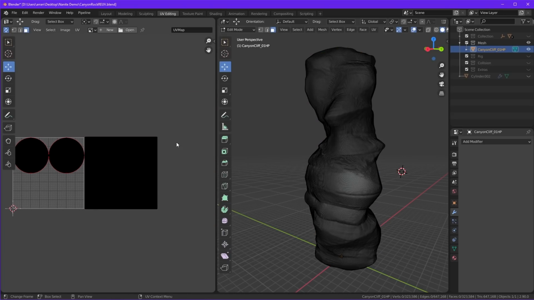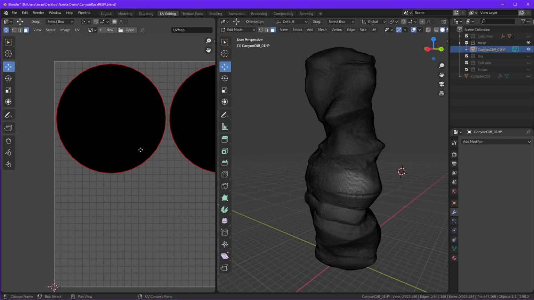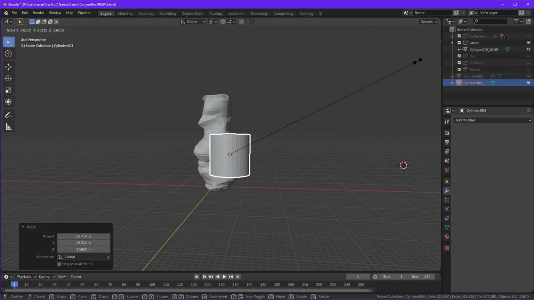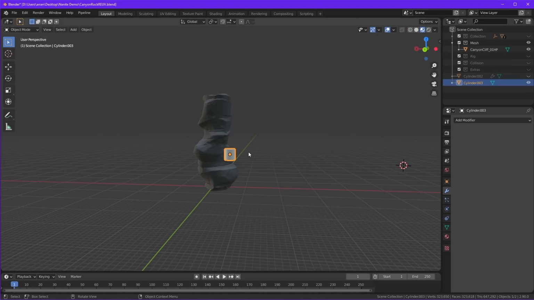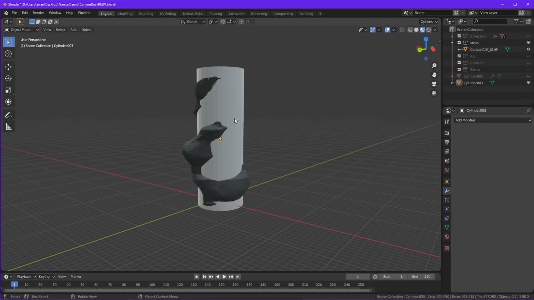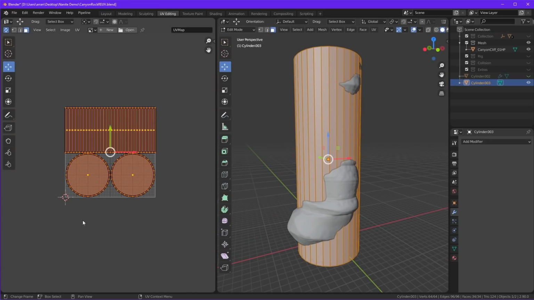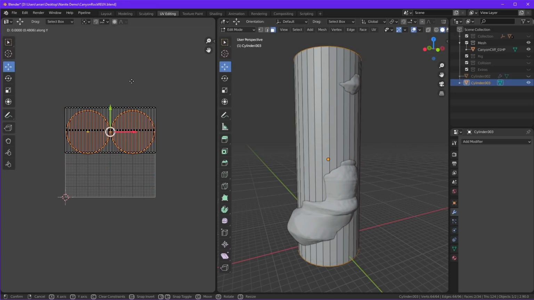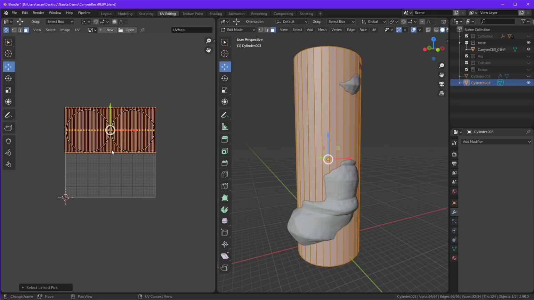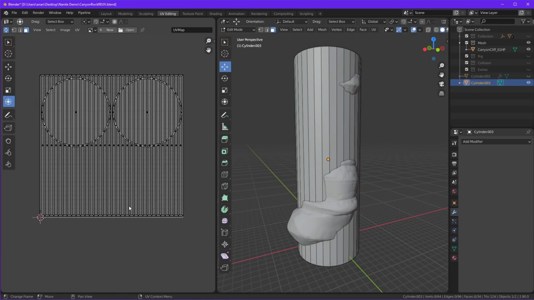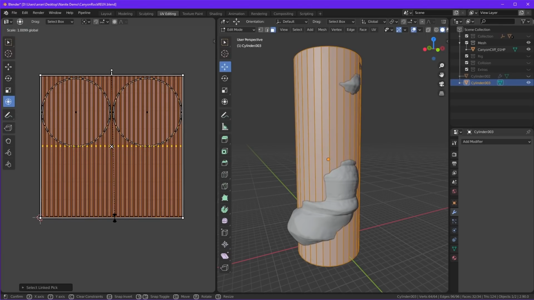So here you can see the side paneling and then the top and bottom of each of these cylindrical tops. The really useful thing about doing this is that we can just start off with these simple base shapes, like this one over here, and then we can modify this unwrap however we want. So in this instance, I had these up here, and I scaled this to match the UV size just to give me as much definition as possible.